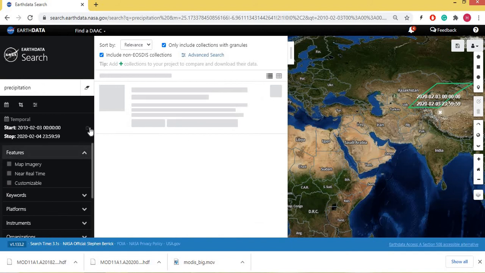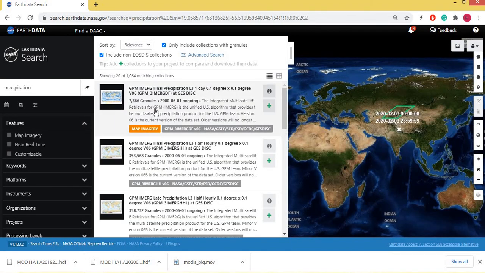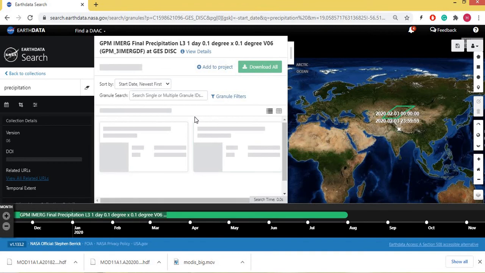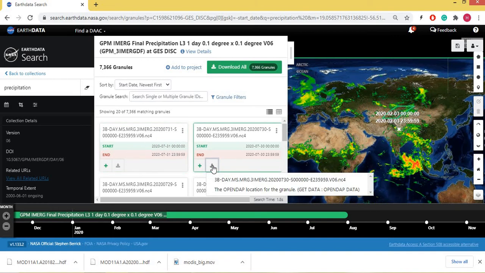I am trying to get the data for the complete globe. So here we have GPM, Global Precipitation Mission, final precipitation. This data is available in different formats, like this is NetCDF NC4 format. We can also process NC4 images. Just click here and download this data.